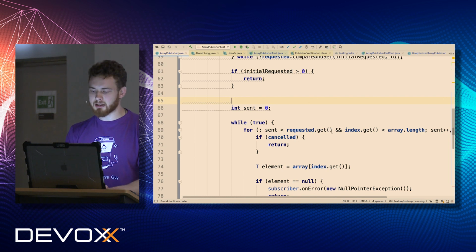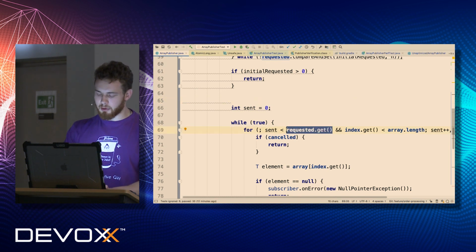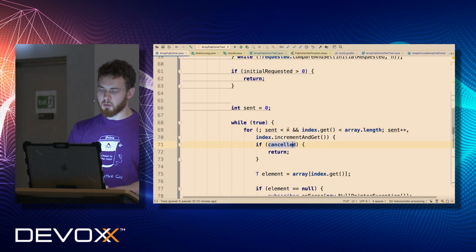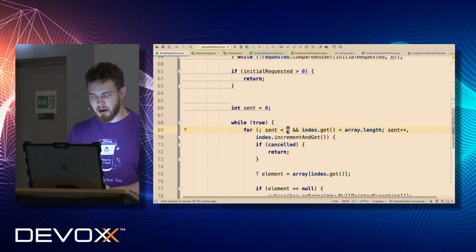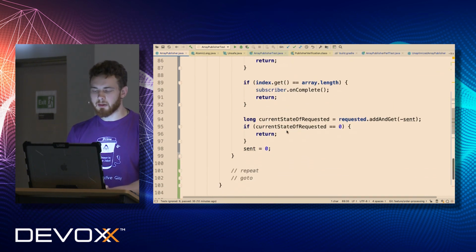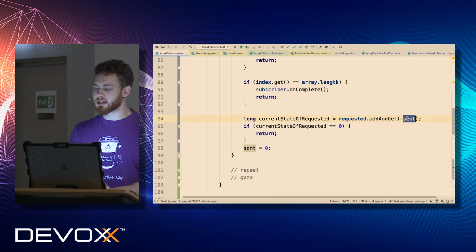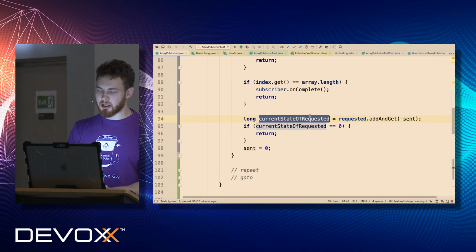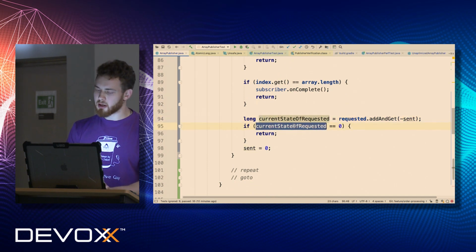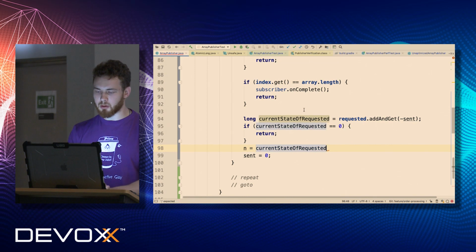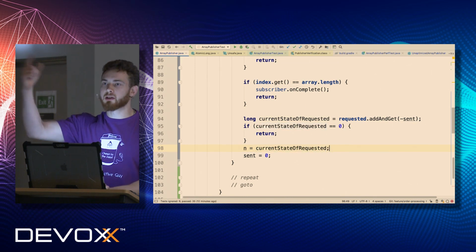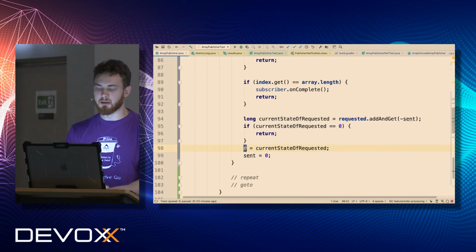So we basically can say, okay, let's at the first iteration assume that this number of requested elements is equal to n. But once we iterated, once we try to decrease the sent number of elements, and in case this sent number of elements is not equal to what we expected, we can put the current number of requested elements back to n.